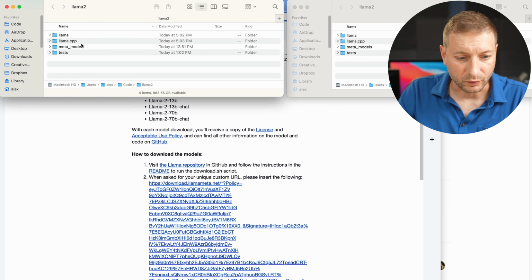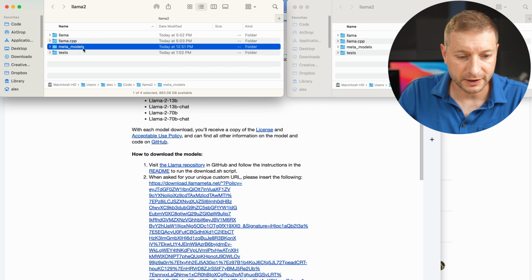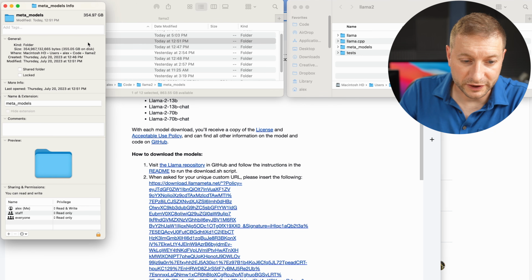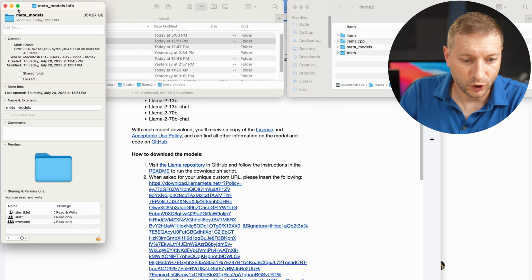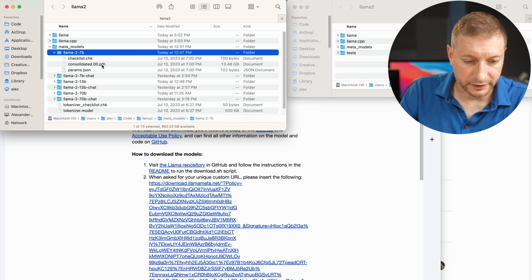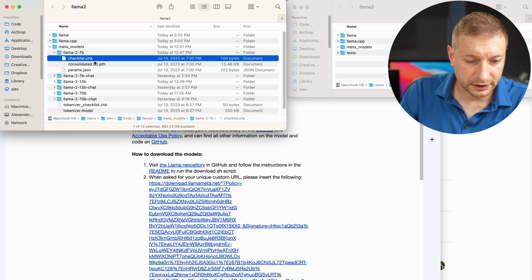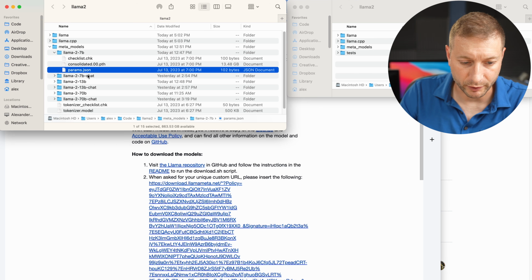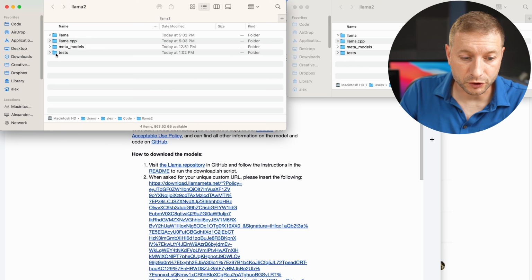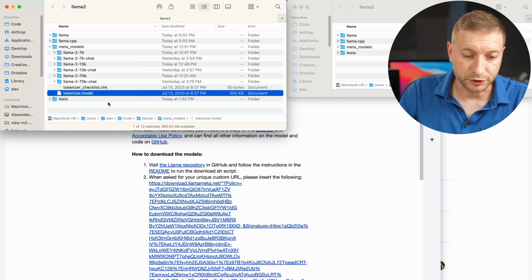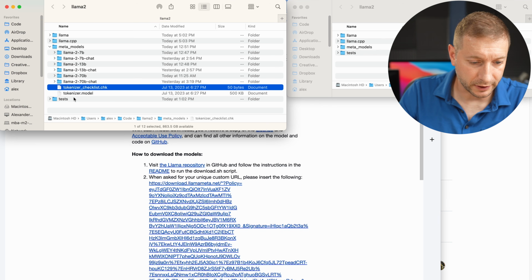How big is all this stuff? Well, here's where I put all my models. It's in meta_models. I copied it into that folder, so I have the originals, and the total size of that folder is 354 gigabytes. Holy cow. So I created this folder called Meta Models, and I downloaded all the original models in there. Now, each folder has a checklist.chk file, and then a bunch of these PTH files. These are the actual models, but still all the other files are important, as well as the params.json. And when you do the download, you're also going to get the tokenizer checklist check file and the tokenizer model file. Make sure you copy those somewhere safe as well. So I put them here in my models folder.